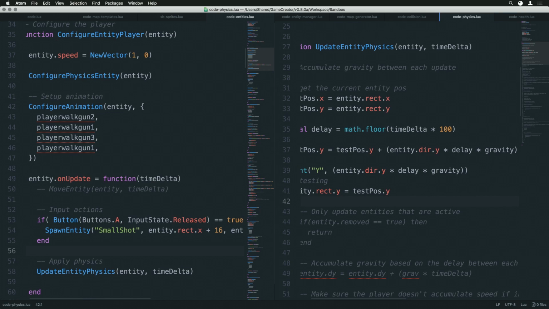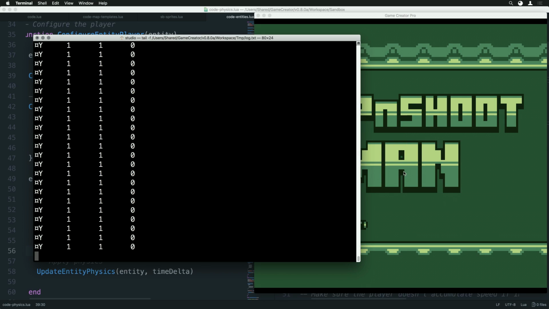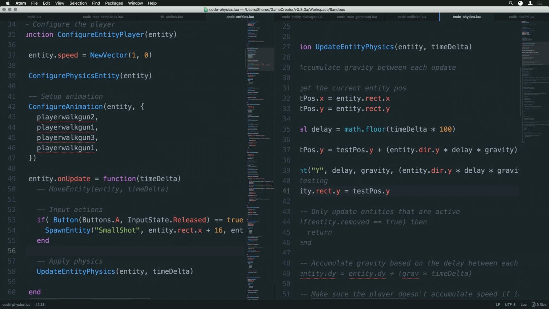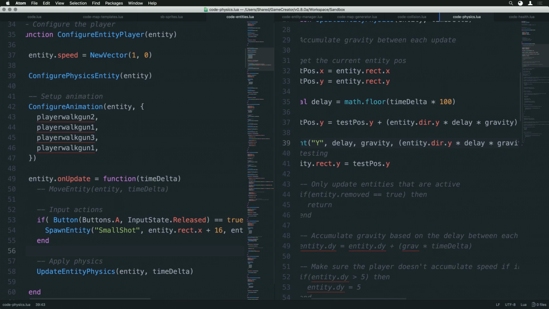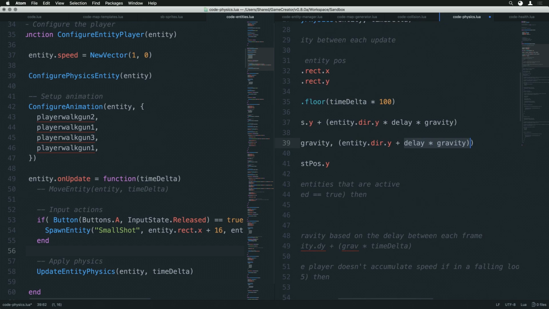All right, so let's set to 0. Let's figure out what's going on here. We want the delay and gravity. The entity's direction doesn't really matter right now. So that's 1, 1. So what we should do is, the direction is 0. It should be plus. So we're going to increase this based on